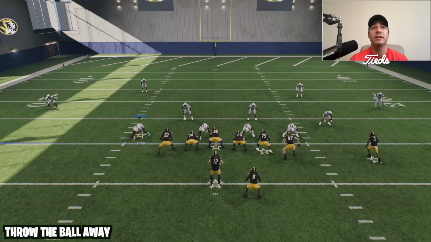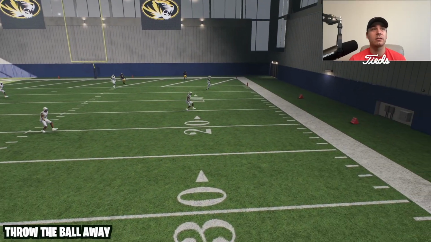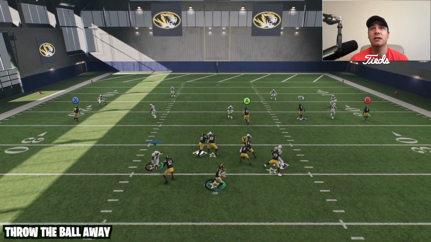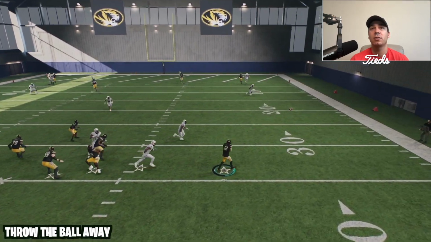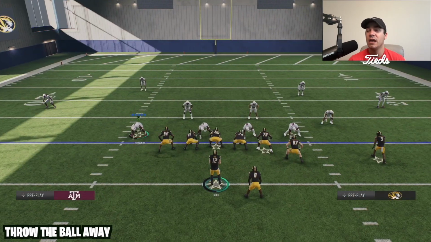So I get the ball here, click it, throw it out of bounds. That's it. That's all you got to do. You got to click it with the right stick. Gets to the inside, you're going to throw it away. If you are outside of the pocket, as long as you get it past the line of scrimmage, you're good to go. If you are going to throw it out of bounds and throw it away,